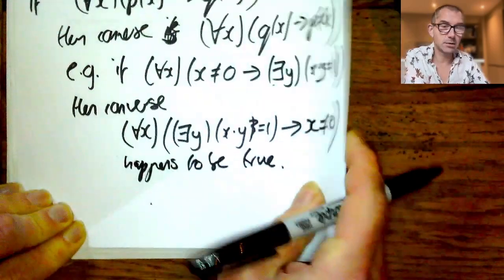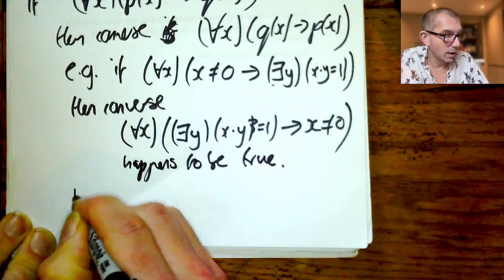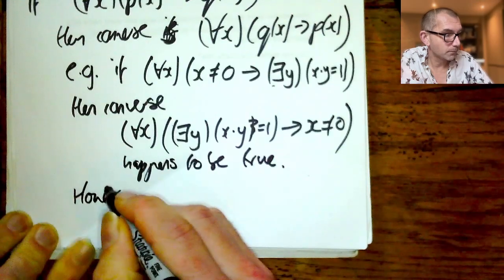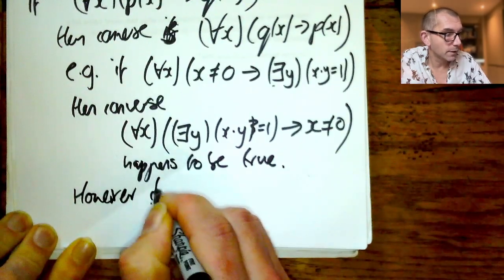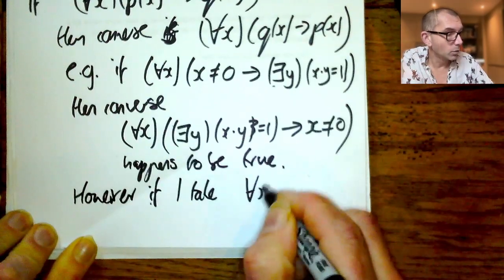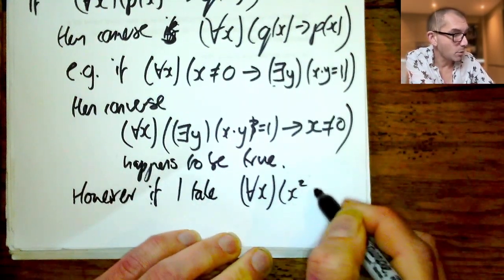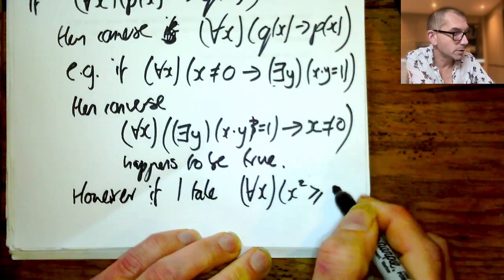But let's take an example where it isn't. So, however, if I take for all x, so we're still working over the reals,